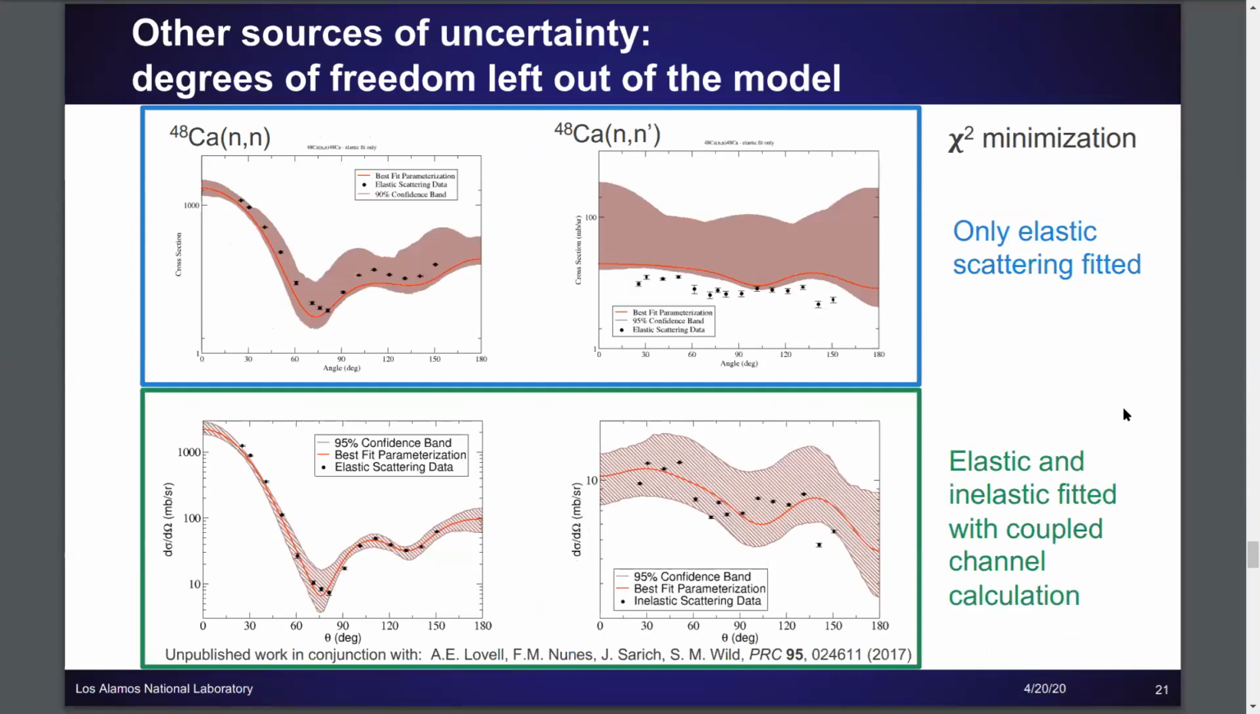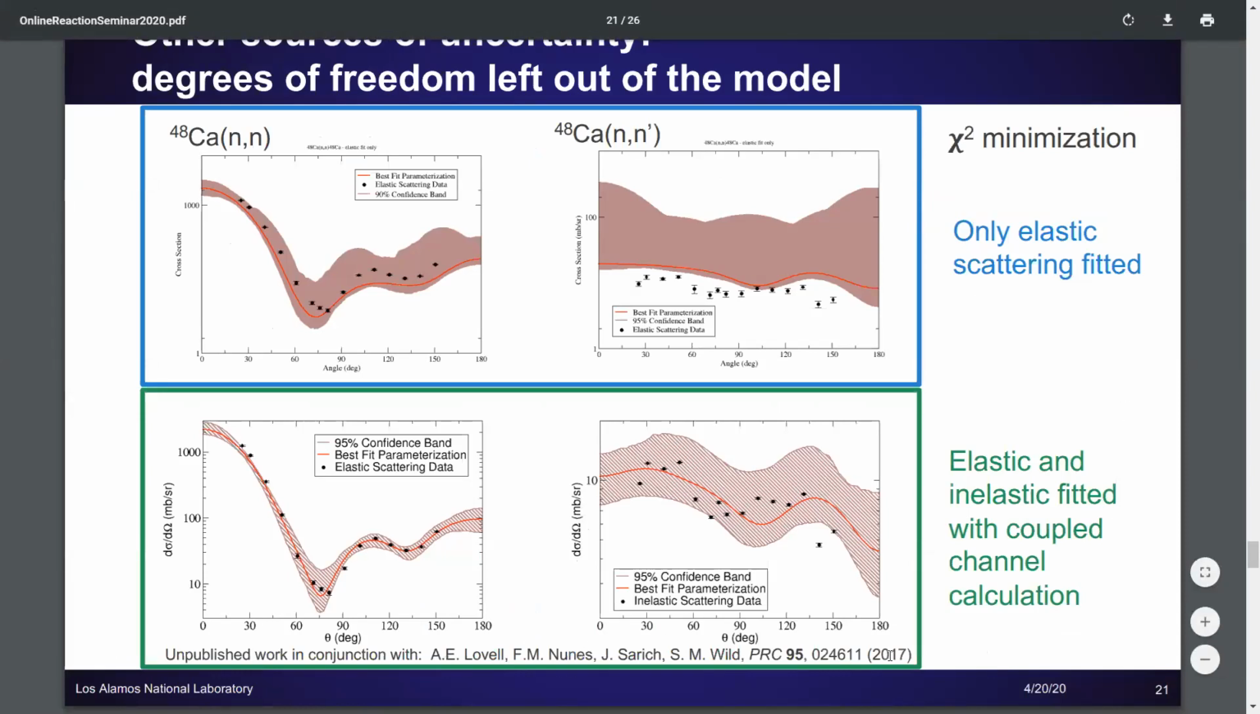So then the last piece is the degrees of freedom left out of the model, right? What do we lose when we go from, say, a many-body problem to a few-body problem? And one of the things we looked at very briefly, in conjunction with this chi-square minimization paper that we had, was